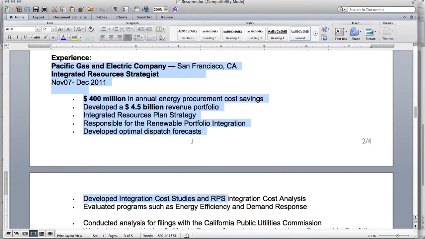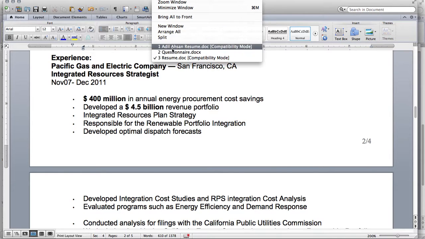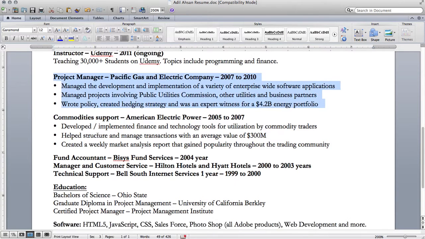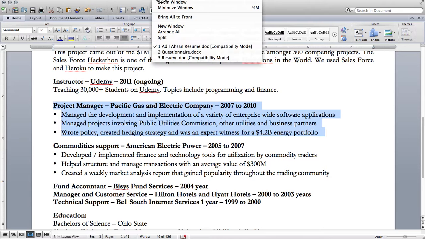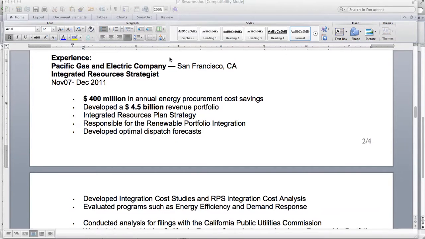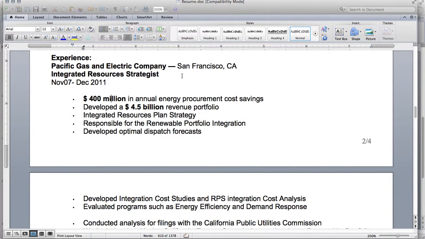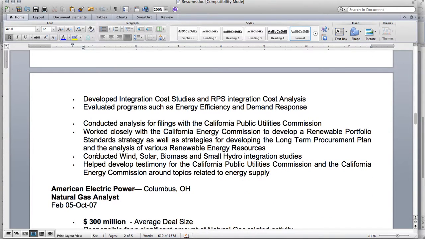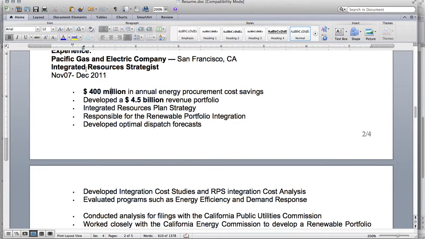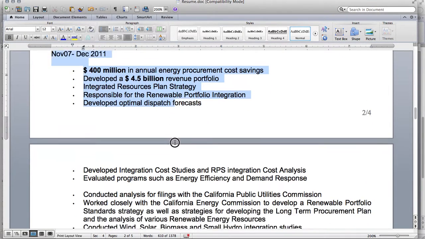When it comes to my LinkedIn profile, I would like you to include this information that you see highlighted right now from my Adil Hassan resume.doc, the 1-page resume. And I would also like you to include this information, the Pacific Gas and Electric Company experience. Combine it, make it look better, but include both of these, the Pacific Gas and Electric experience from here,